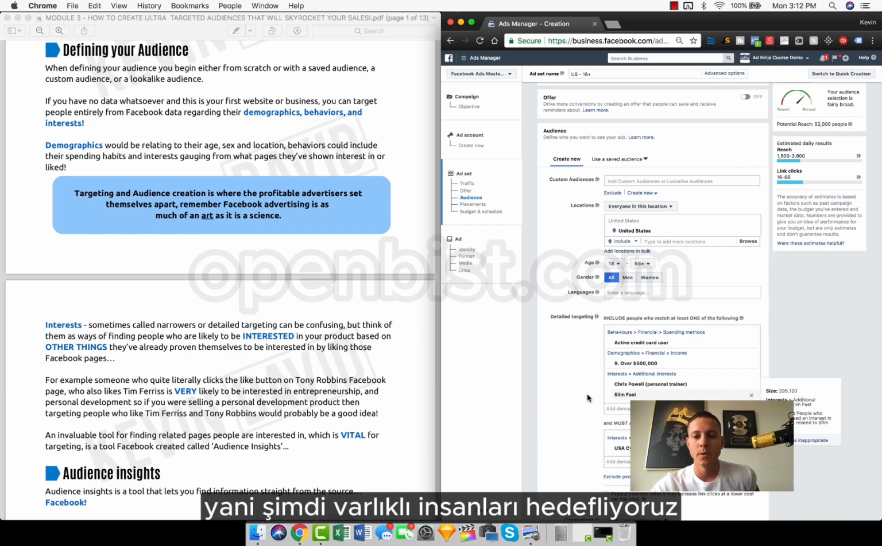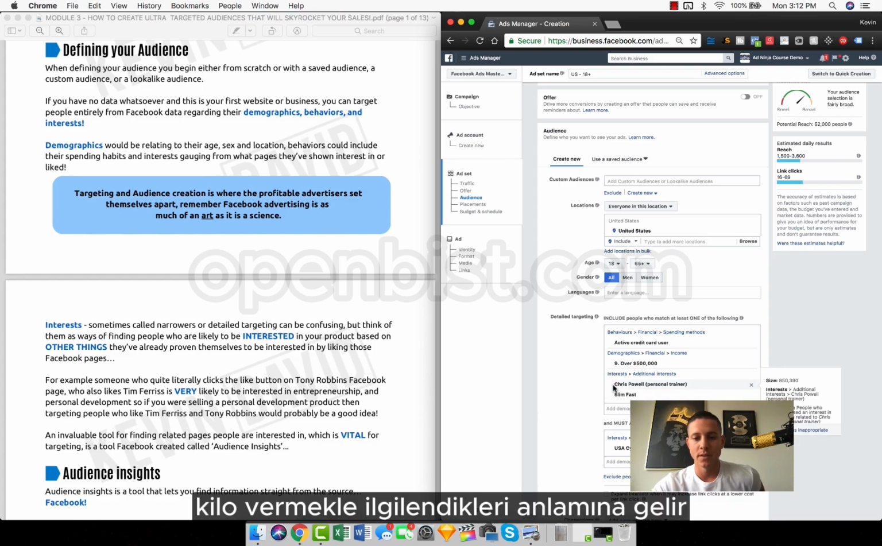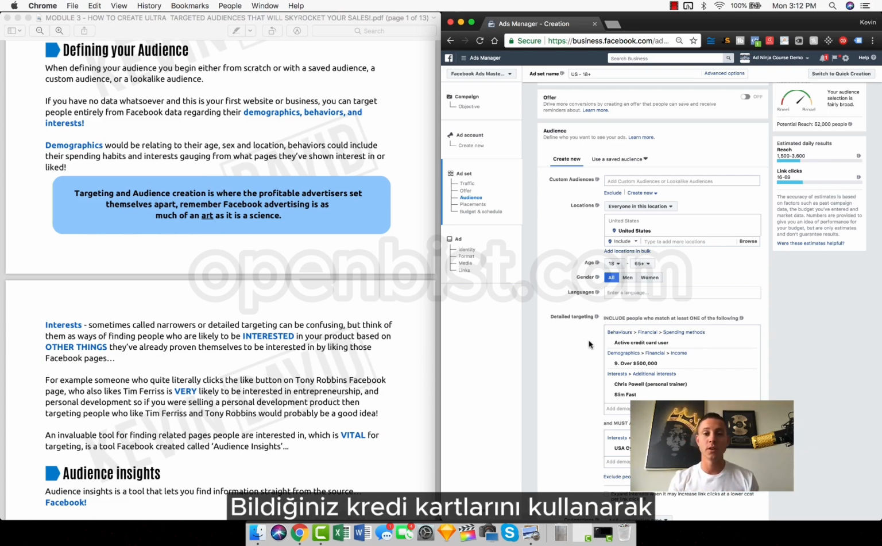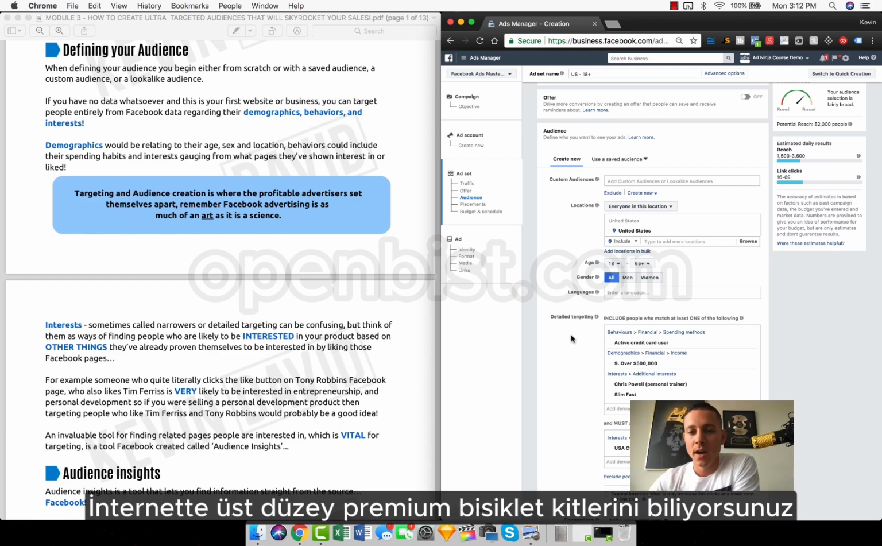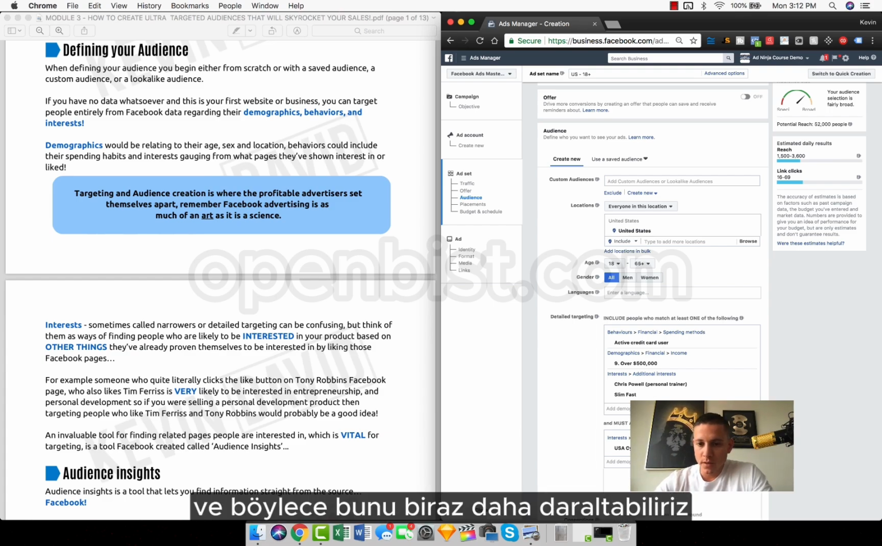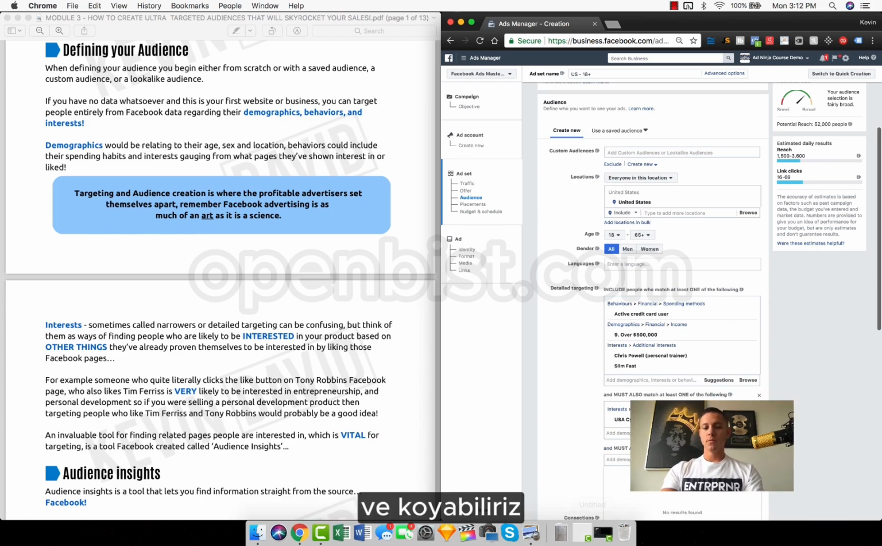So now we're targeting people who are affluent in a higher income bracket, are interested in personal trainers and Slim Fast, obviously meaning that they are interested in losing weight. They're an active credit card user, meaning that they're comfortable using their credit card, buying things on the internet, because we're going to be selling these high-end premium cycling kits on the internet, and who also likes USA Cycling. And so we can even narrow this down even a bit further,